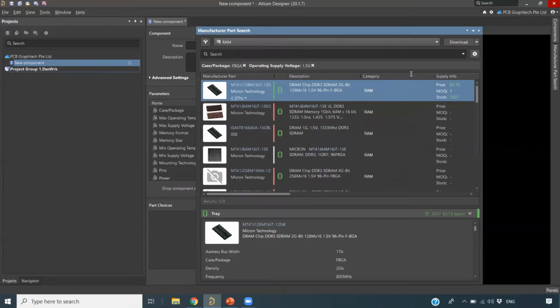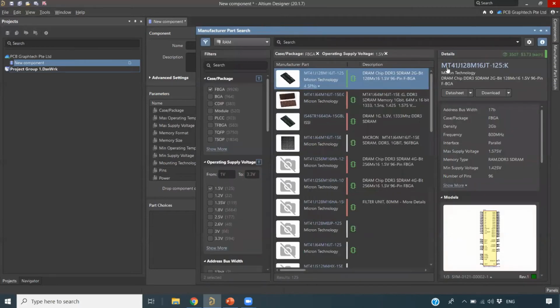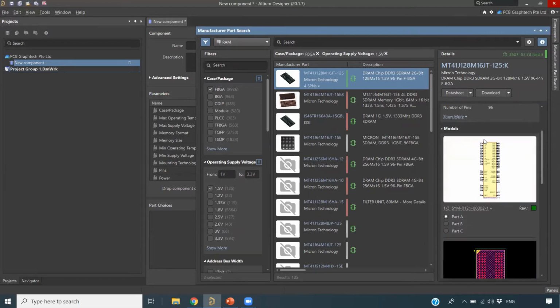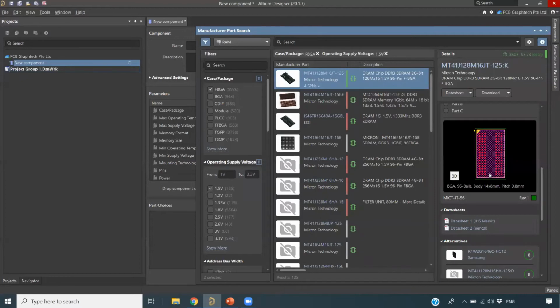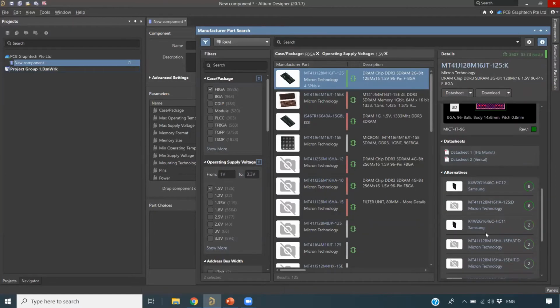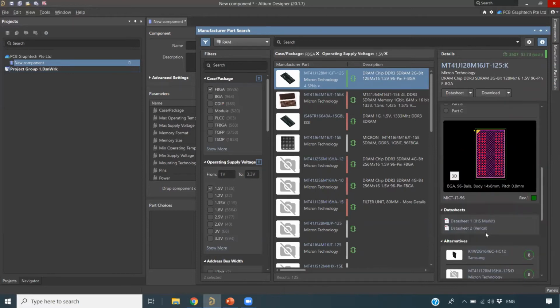I just drag it here, and automatically the information of that component appears on the right hand side. You can download here and see the details of the component. So you have your symbol, the footprint, the data sheet, alternative part choice, all the information you have here.